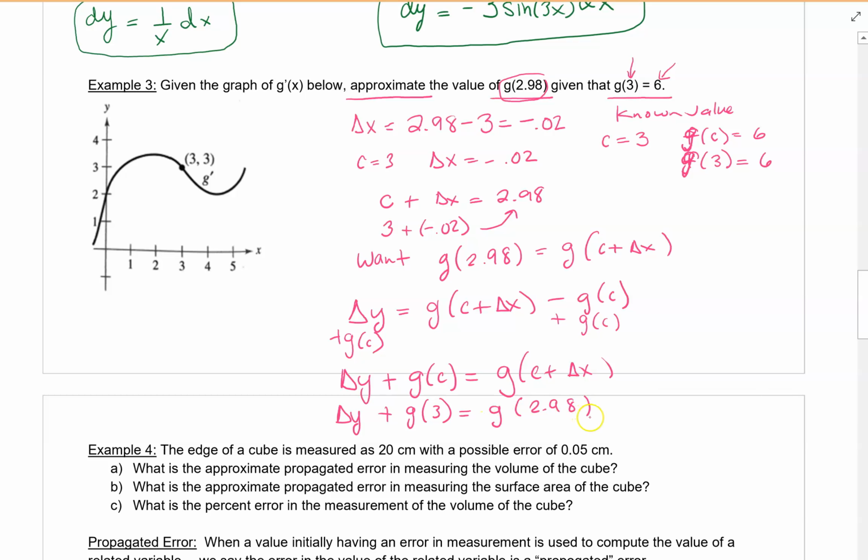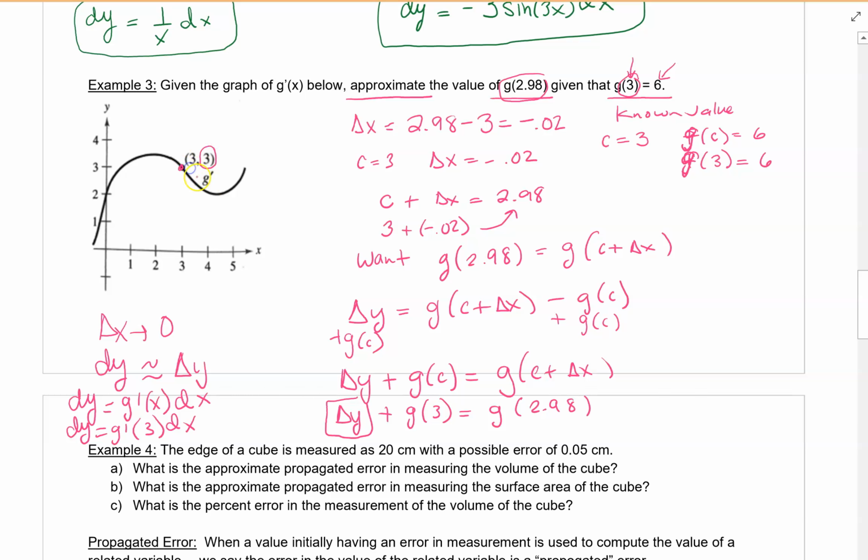Well, I don't know what g of 2.98 is, so I'm not able to find delta y exactly. But remember, for delta x's that are close to 0, I can use dy to approximate delta y. So dy is equal to the derivative of g times dx. And if I want to find that when x is 3, then it would be the derivative at 3 times my change in x. So my change in x is negative 0.02, and my derivative at 3 is 3,